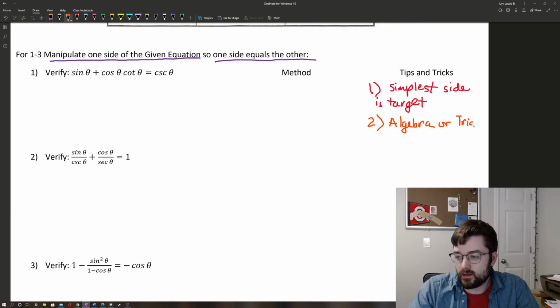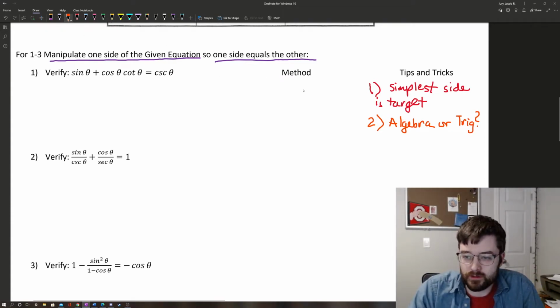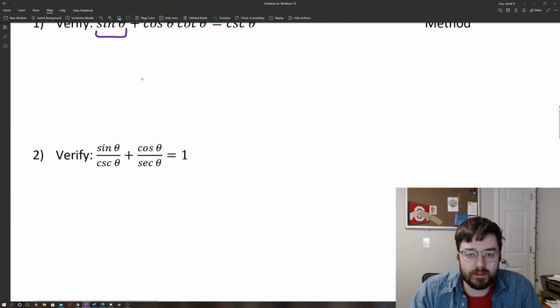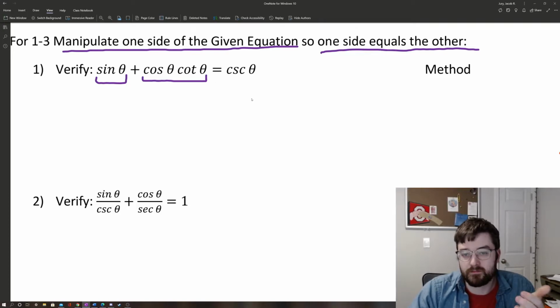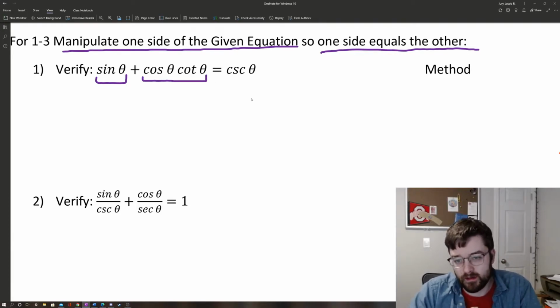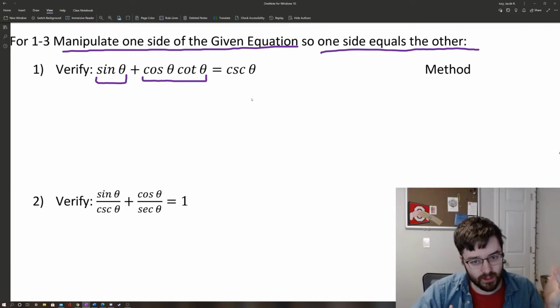And you'll see that we'll kind of alternate between those things. So I'm going to kind of explain what I do in my method with algebra or trig. So I can't add together, if I can zoom in a little bit, that's what I'm going to do now. I can't add together sine and cosine theta, cotangent theta. They're not like terms. I'd have to have a sine function plus another sine function in order to add them